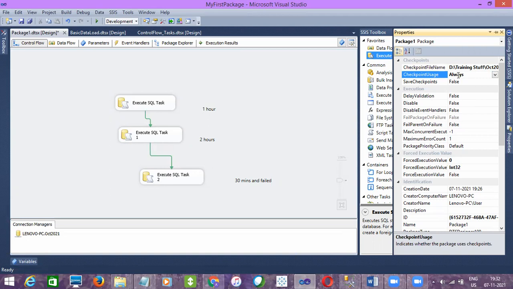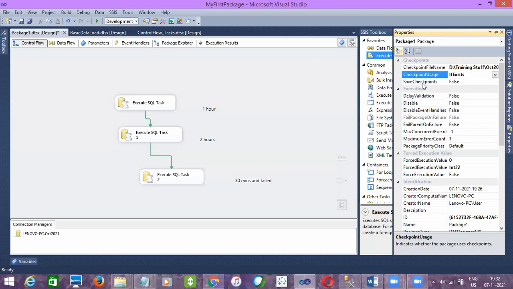It will try to use the existing checkpoint. So it will look for the existing checkpoint, but if the checkpoint is not there, it will not store it. So always try to use if exist. The if exist option means if a checkpoint is already there, it will utilize it, or else it will create a new file. That is what if exist means.